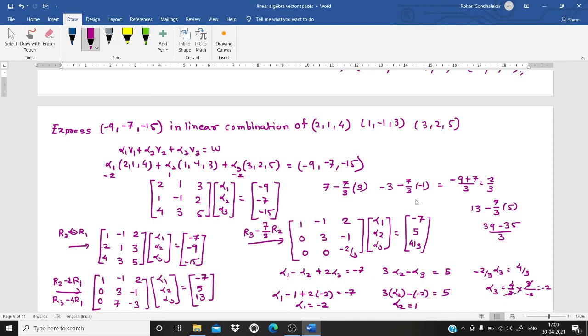Fine. Now one more concept that we would like to discuss is linear independence and dependence. So what is linear dependence and linear independence? They are very simple concepts, but based on the linear combination. That's why the concept of the linear combination is very important.